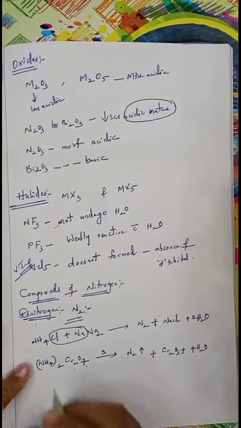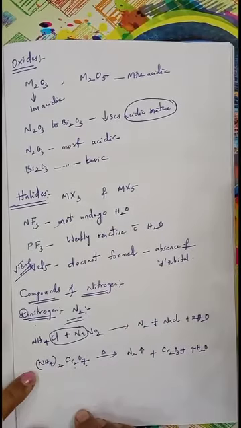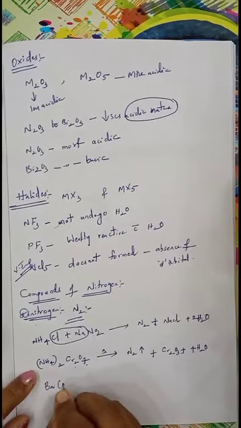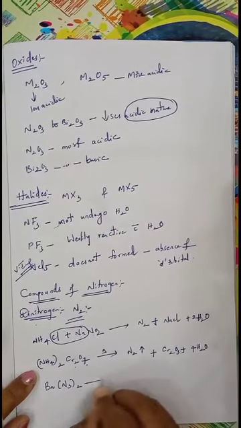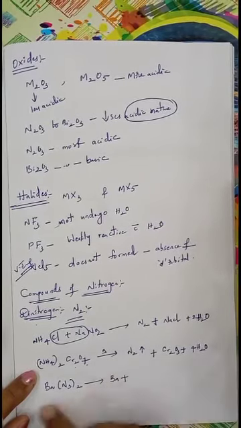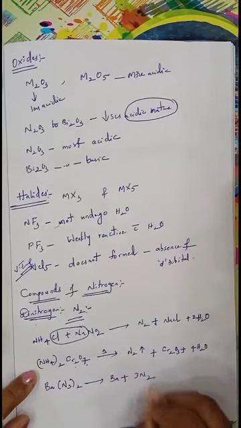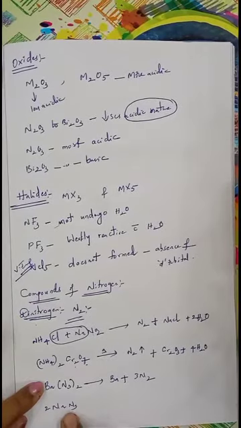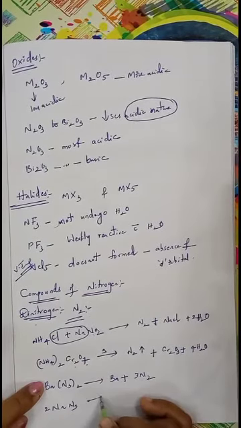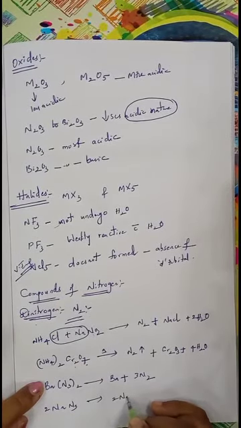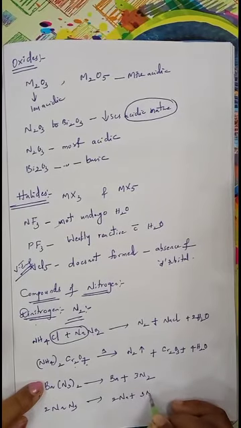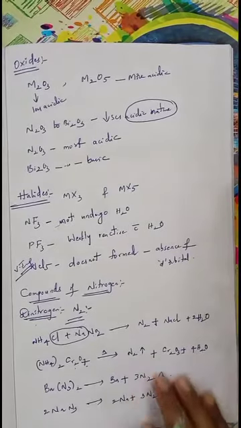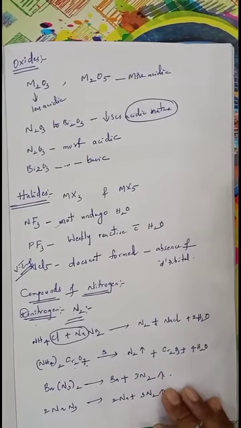Next one. By using azides also we can prepare this dinitrogen, that is barium azide, Ba(N3)2. So Ba is separated and 3N2 is released. Next, 2NaN3, this is sodium azide. When the sodium azide is reacted, two sodiums are separated and it gives 3N2 gas. Nitrogen gases are released. These are the important methods to prepare dinitrogen.